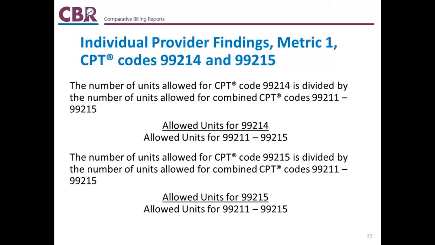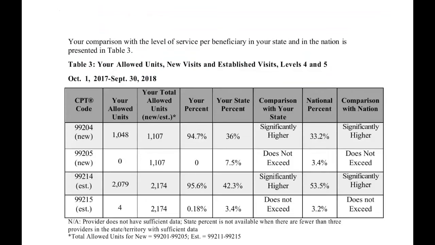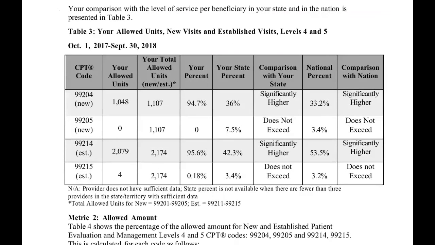So let's take a look at Table 3 of the sample CBR, which represents the findings of the calculations for both new and established patient visits that we just looked at. So let's flip back over to the sample CBR. And we can see here, as promised, the table with the analysis. So you can see your CPT codes are listed there on the left, and let's take a look at 99204 just as an example. We have all the data that was used in the calculation written in this table,